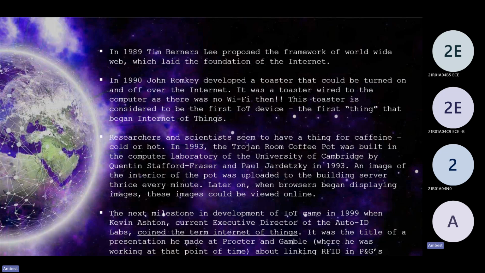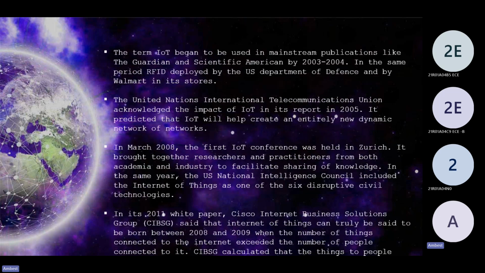And the next milestone came in 1999, when Kevin Ashton brought the basic idea of IoT. He coined the term Internet of Things. The term IoT then went on to be used in the mainstream